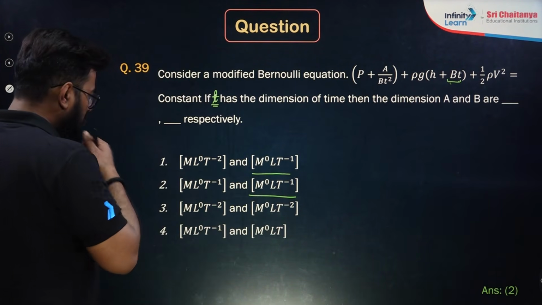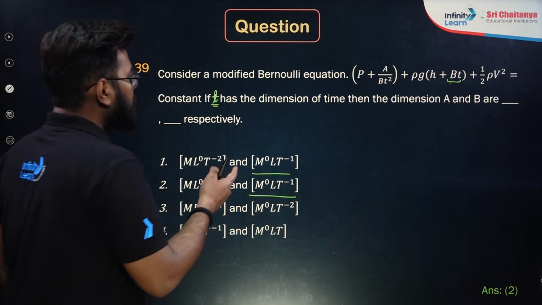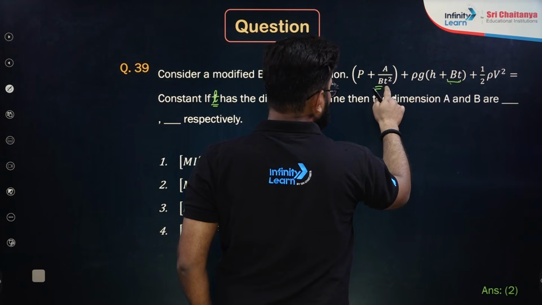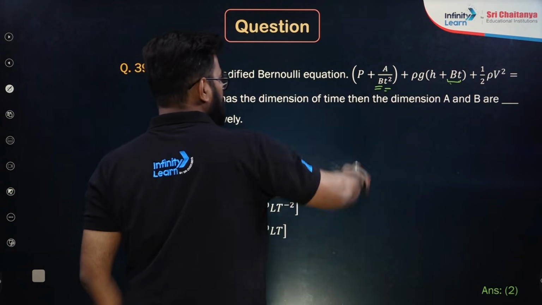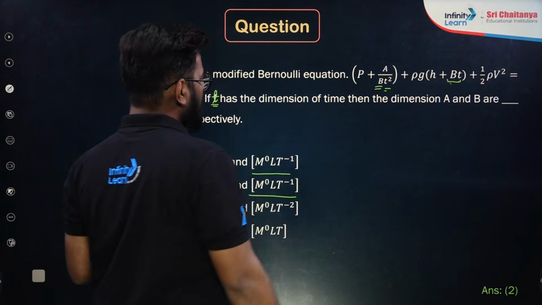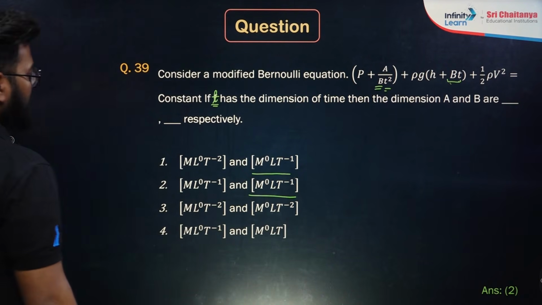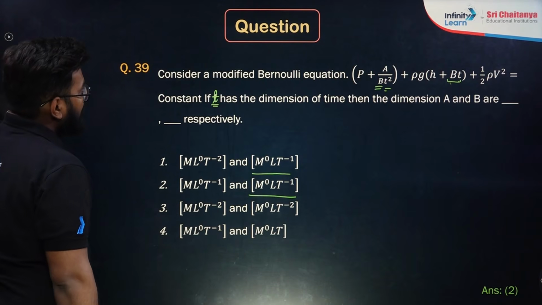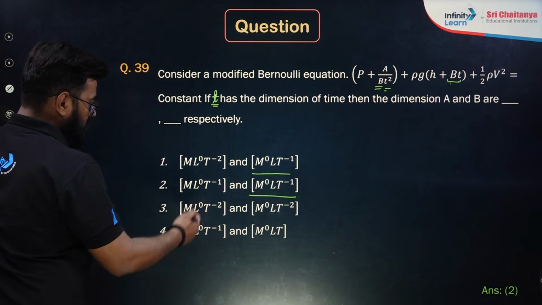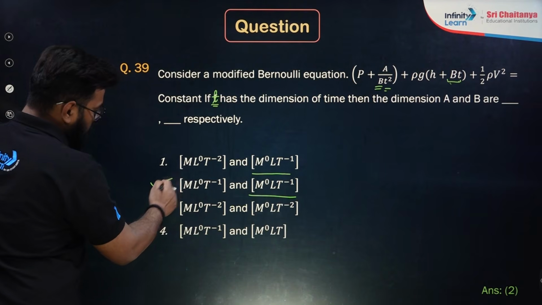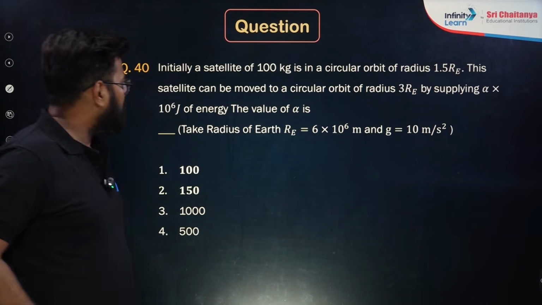And A over here is A upon, this is velocity into time. So it is going to be length into time, and this should be equal to pressure, right? So length into time should be there, along with which a pressure should also be there. So pressure is M L to the minus 1, so M L to the 0, correct, into T raised to the power minus 1. Yes, option number 2 is perfect. Okay, it's a simple problem, nothing much in it.